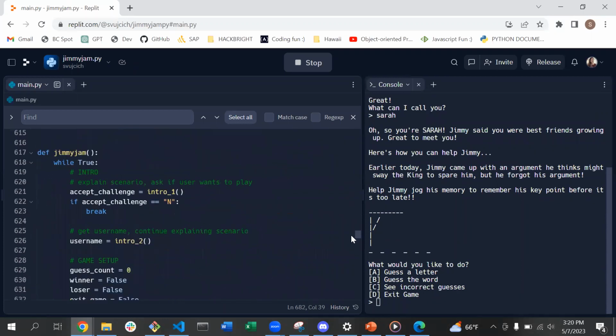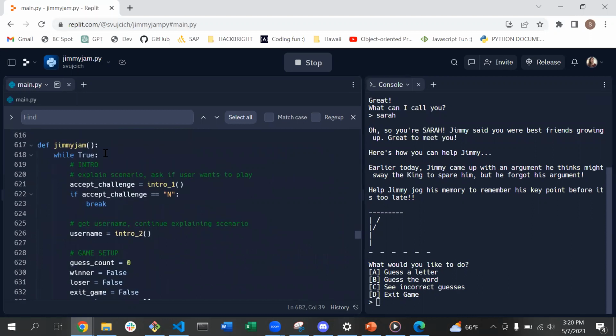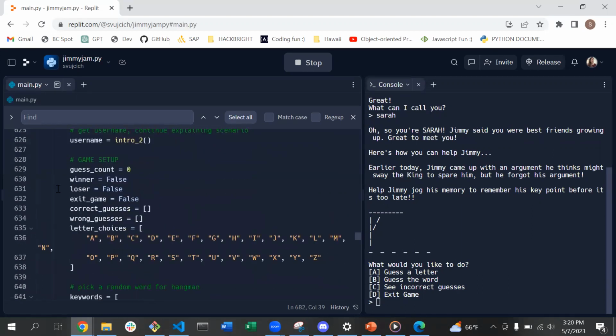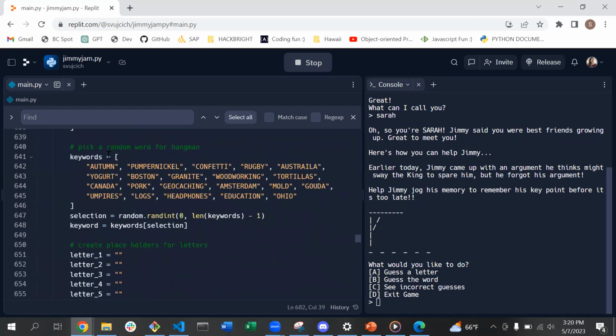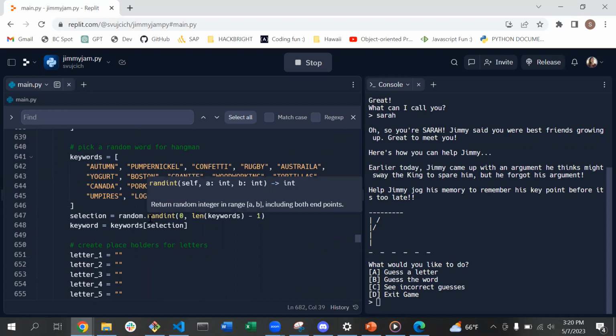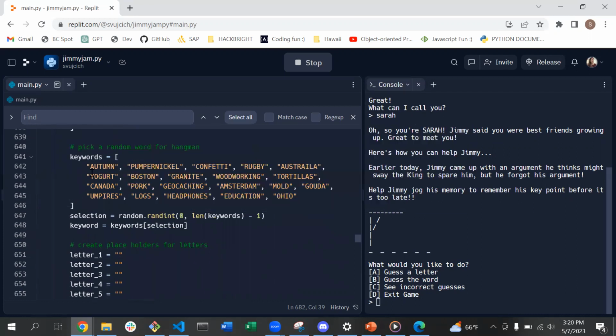Okay, so here the game starts, and we're looking at this. I have a list of random keywords. I'm using the random library to pick a number between 0 and the last number in the list minus 1, just because this is position 0, and we need to include that to get that first keyword.